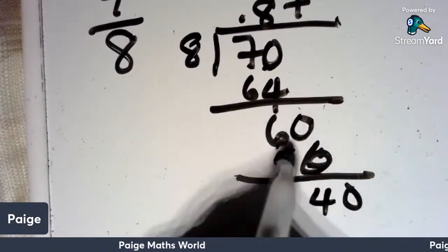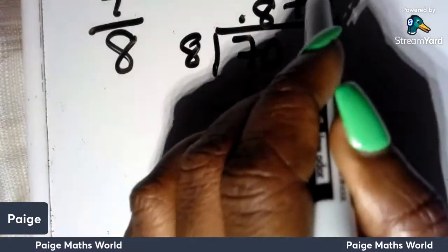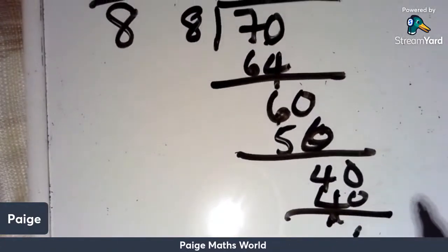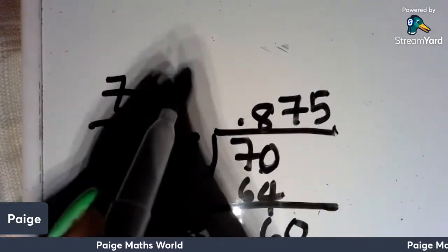Can't, you add a 0. 8 into 40 goes 5 times. 8 5s are 40. And so 0, 0, right? And so your decimal would be